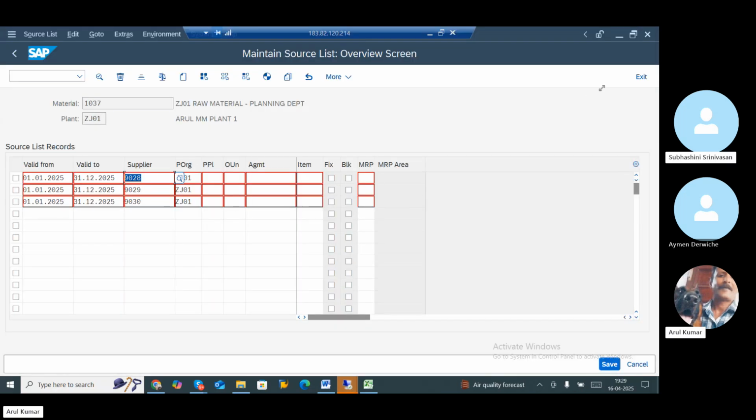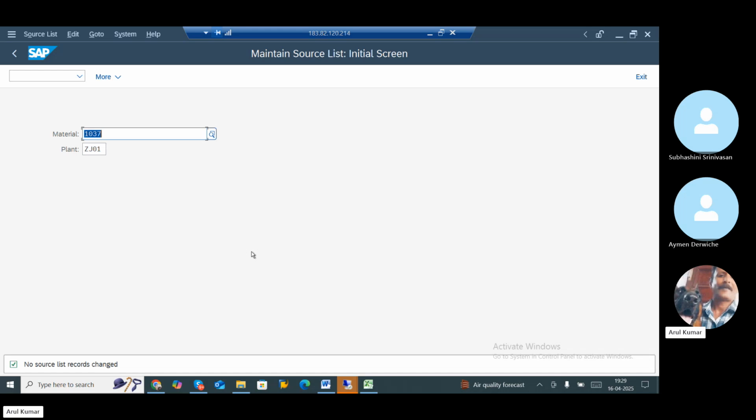In the source list, you can maintain the agreement, whether quality agreement or value agreement. If this particular vendor has any agreement, you can maintain it in this master record so that every time you don't have to create with reference to the agreement number. If you put the supplier number in the PO, automatically the agreement will work. So outline agreement, if you have any, you can assign it here. So maintain this. Now we can go for the purchase